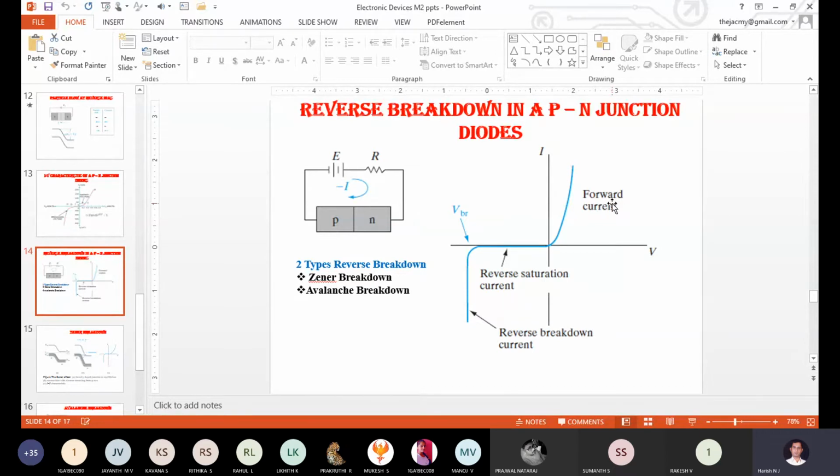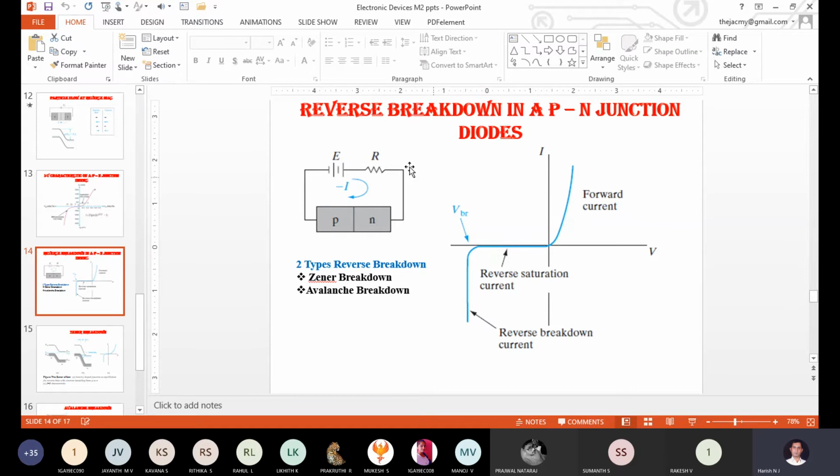First it will liberate heat, correct? So when it cannot emit that heat energy, it will be damaged, it will burst. Correct. So in both cases, under forward bias the diode will break down, and under reverse bias also the diode will break down. Correct. So if we study the reverse bias condition in more detail, there are two mechanisms, two types of breakdown.